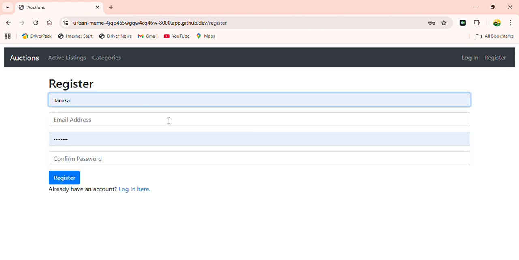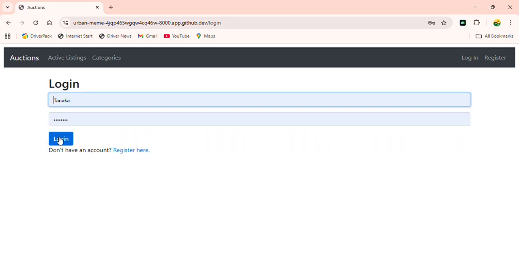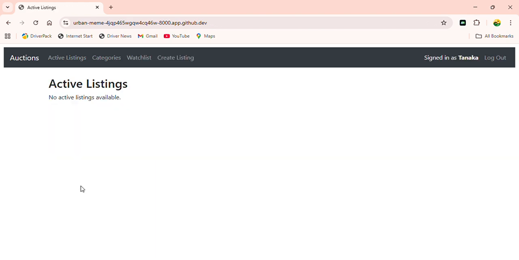To register, you put your name, your email address, and confirm your password. But since I'm an existing user, I'll simply log in to save time. As soon as I log in, I'm signed in as my username, which is Tanaka, and I can simply log out when my session is over. If I navigate through all of this,